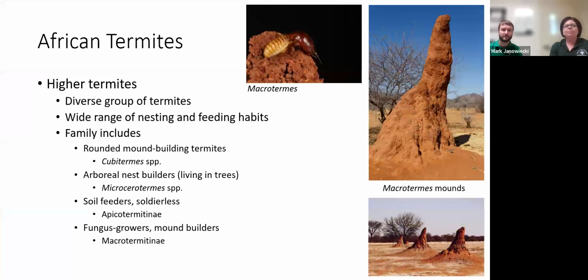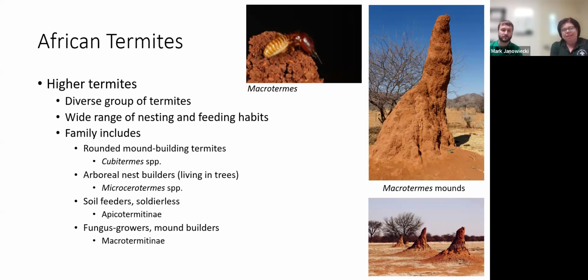into their nest. Okay, so the higher termites in Africa, it's a pretty diverse group, right? Over 100 species that we're looking at in Africa. They have a very wide range of nesting and feeding habitats. This family includes mound building termites, like rounded mound building termites, and arboreal nest builders that will build their nest in trees,